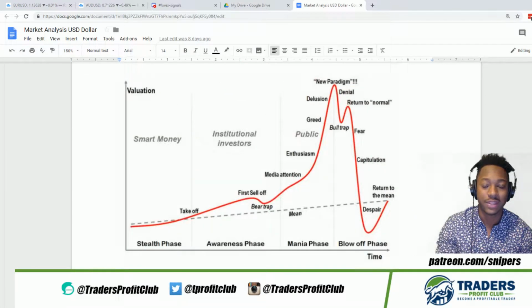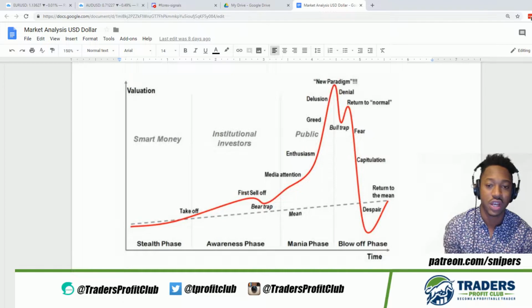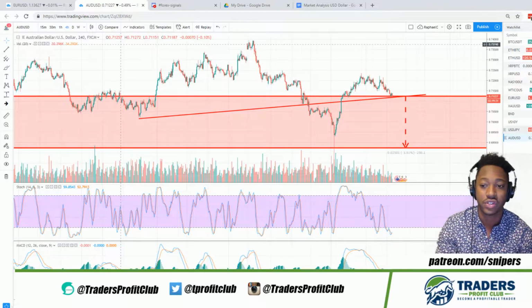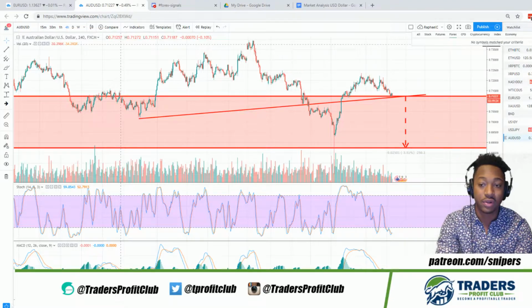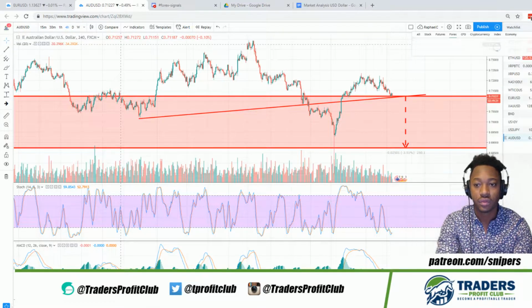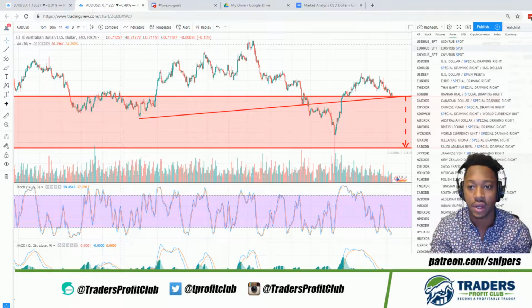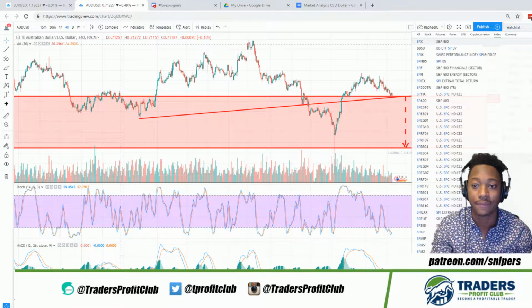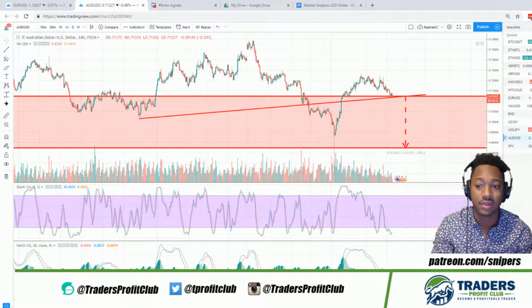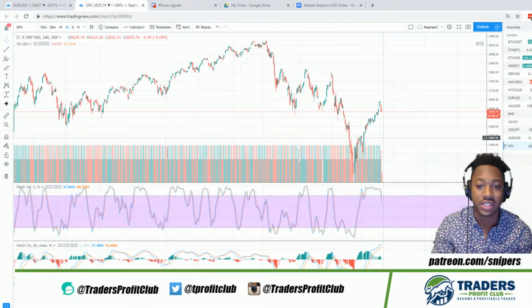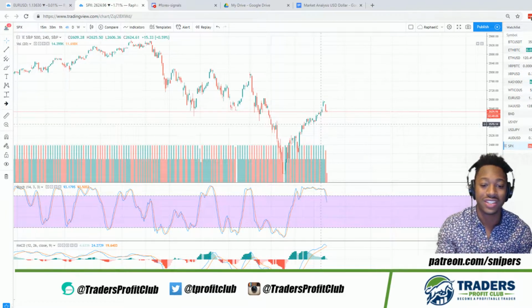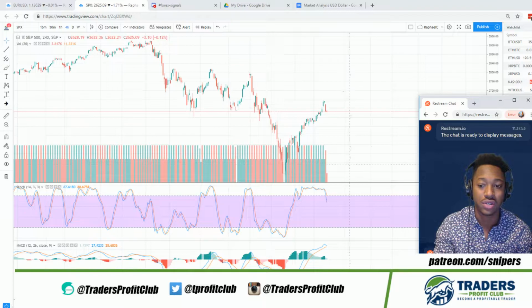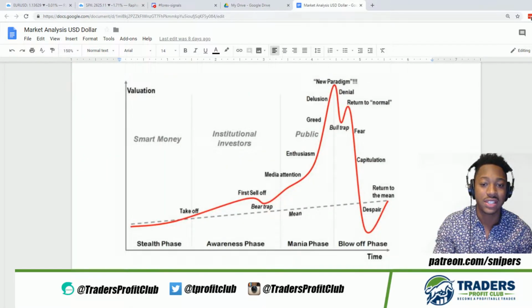As we talked about the 7-year cycle here, we talked about in previous structure how the S&P 500, so if we go to the S&P 500 chart, we can see that the S&P is definitely showing some huge bearish segments. This is the S&P 500, and we can see that the market has definitely been showing a lot of downside momentum. As you can see here, price is still showing that bearish momentum as the MACD and RSI are showing low. So I'm going to go over all these things as well in the markets and show you guys exactly what is going on. So that being said, we're going to go straight into it.